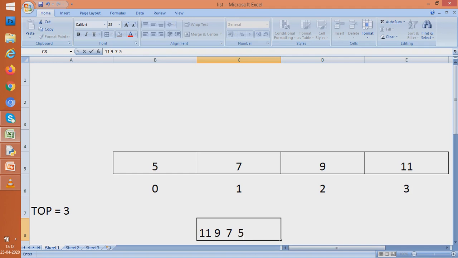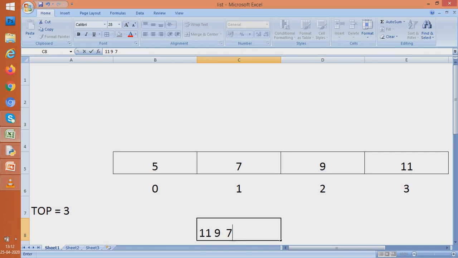But while we display, we are not going to change the value of top because we are neither deleting nor inserting something in the list. We are not going to update the value of top while displaying, because displaying means to only display the things, not to change the things in the list. So top is not changing at all. The topmost value was 11 and now also the topmost value is 11 and it is at subscript number 3. So top will point to 3 only.